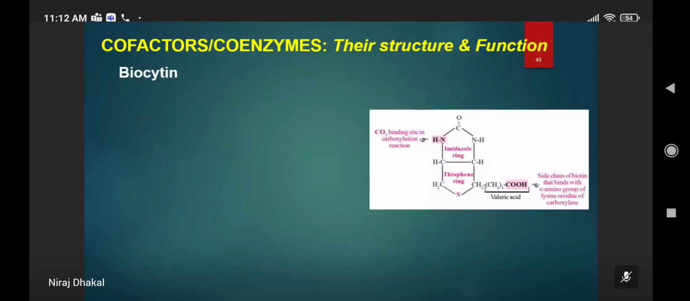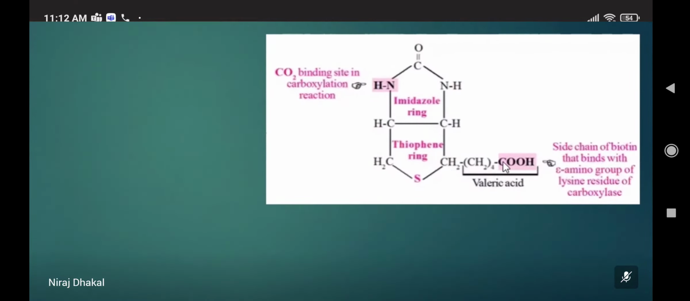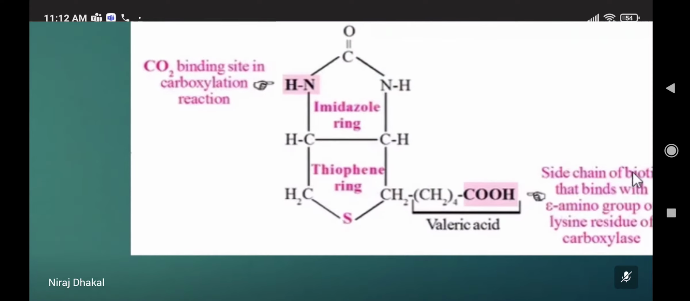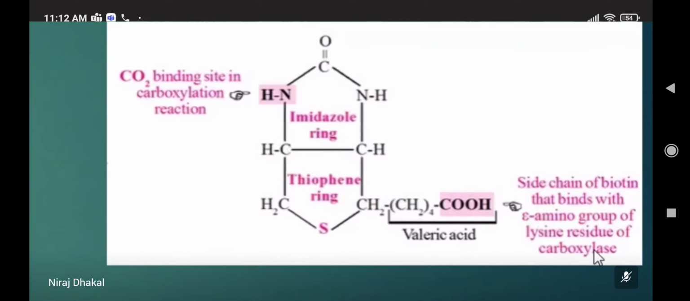Another is biocytin. This vitamin resembles a capsule. It has an imidazole ring and a thiophene ring, and there is a valeric acid which is actually bonded with the enzyme. The side chain of biotin binds with the amino group of lysine residue of the carboxylase enzyme, and this is the site where carbon dioxide will bind. It is derived from vitamin B7, also called biotin, and the enzyme-linked biotin is called biocytin, and it is required